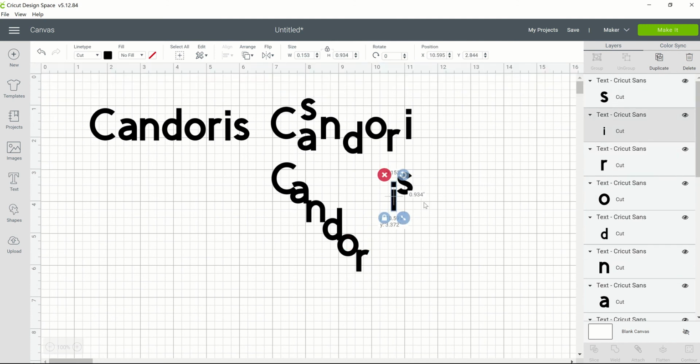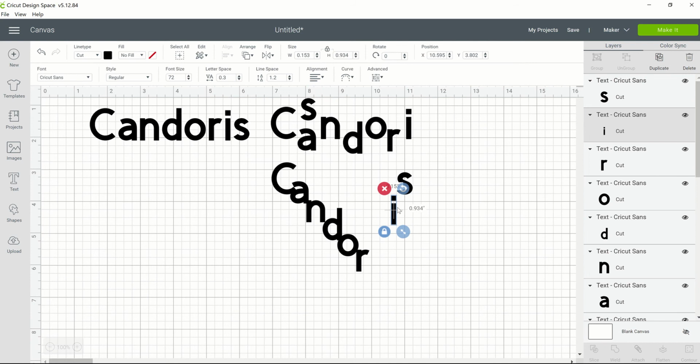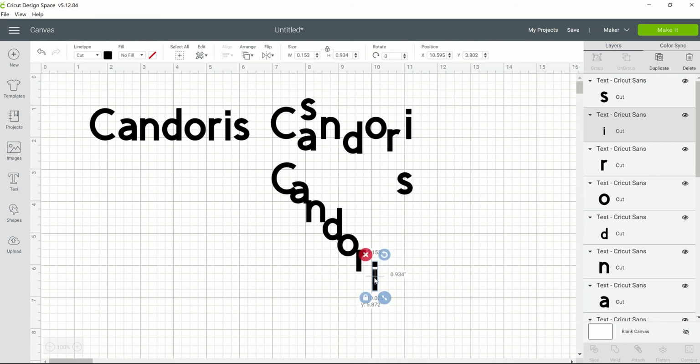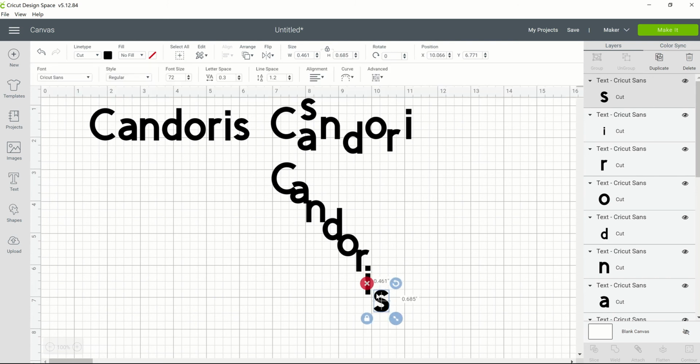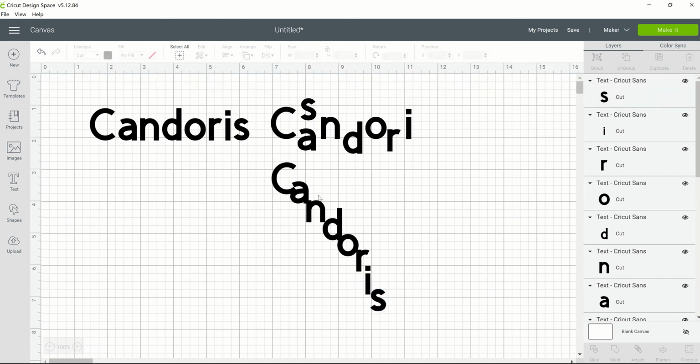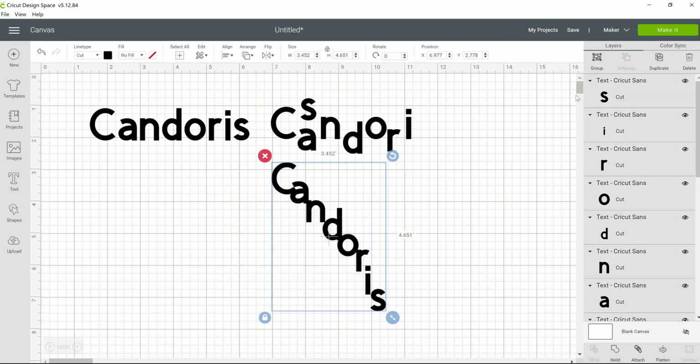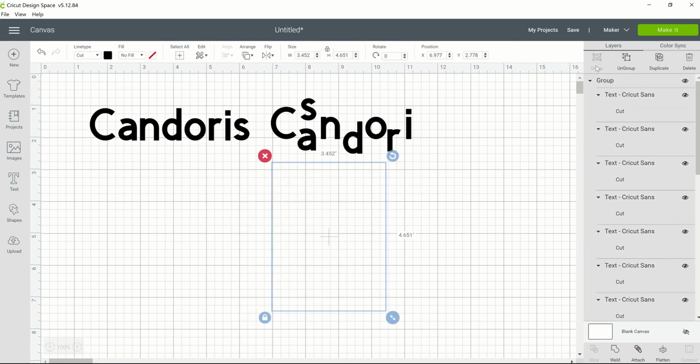Now notice this is the one that I changed the line spacing on. All right, so I have Candoris and I have it going some crazy way here. And so now when I go back and I highlight these letters to group them back together,